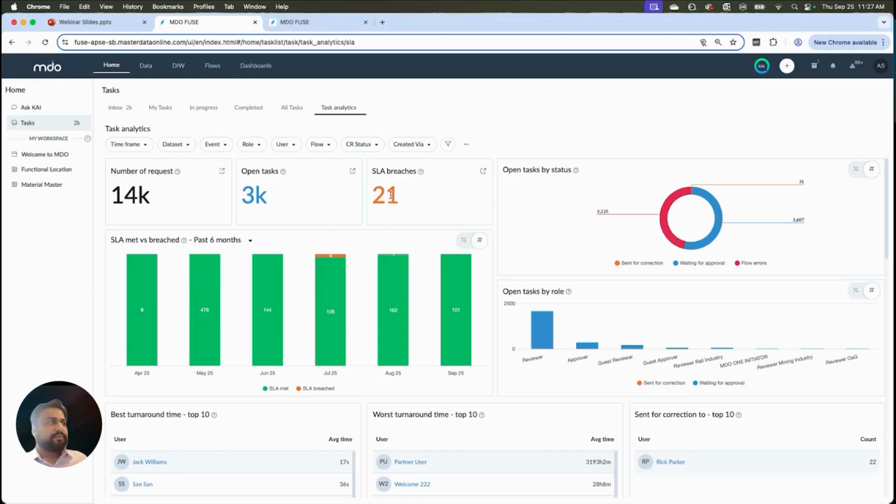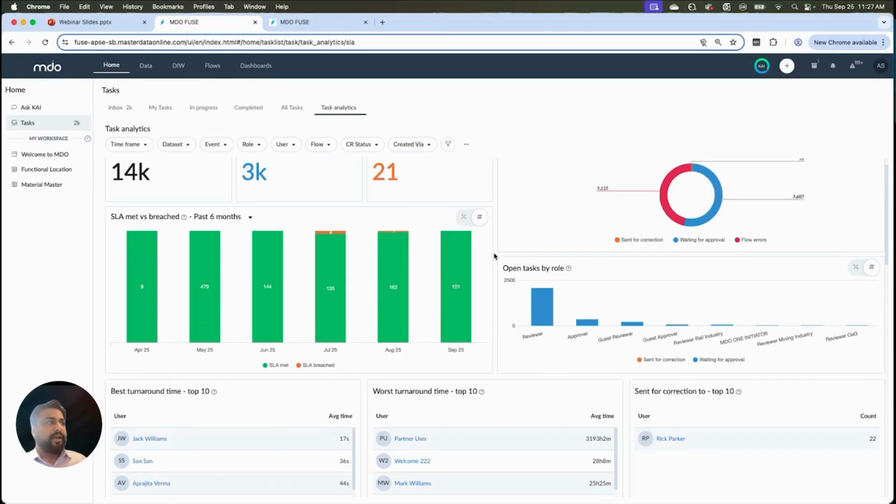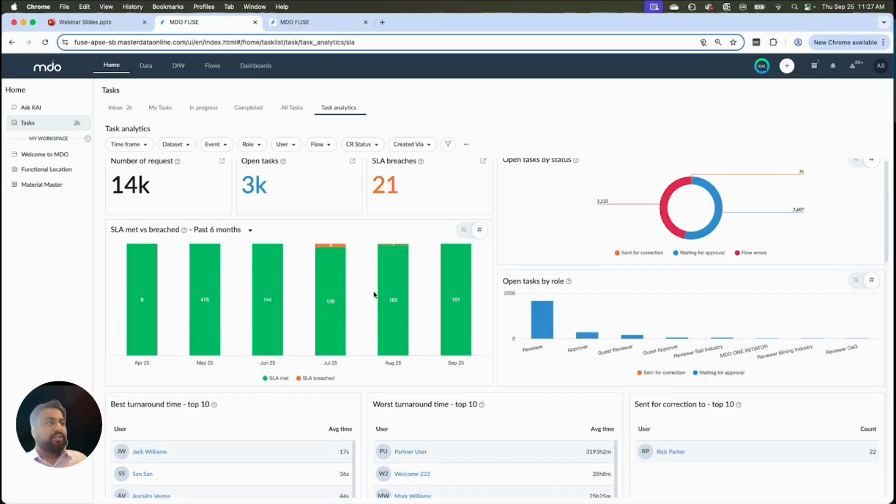Using this information, you have a timeline graph which gives you the information as to what's my SLA met versus breached from a monthly perspective. Now, here we can see for the last 6 months, from April to June, we had 100% SLA met, but in July, there was a small number of records which did not meet SLA. And with the improvement, by September we can see that again we have reached the level of 100%, but there were some inconsistencies during these 2 months. So that's where we can do an analysis from a steward perspective, as to why there were some issues during these 2 months, and how they have been fixed to bring it back to 100% in September.